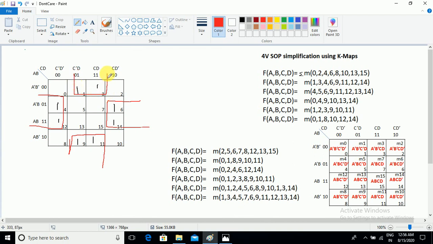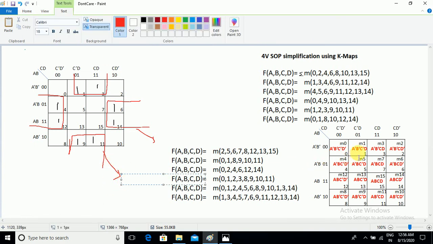Now this is the grouping for this given question. No need to write the answer every time, and you know how to select the answer. In every group, the variables that are common will become the answer for the question. Okay, what is the answer for this group? There are 2 4-cell groups created. The answer for the first group will become